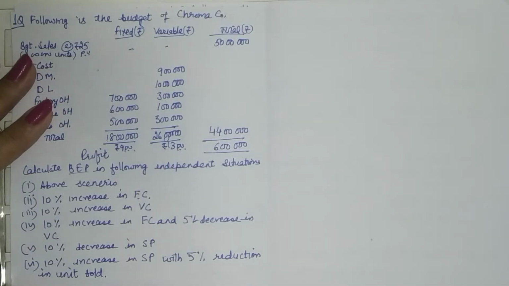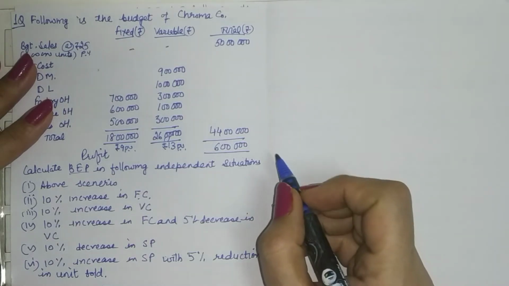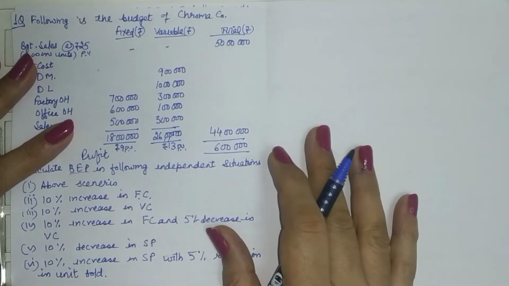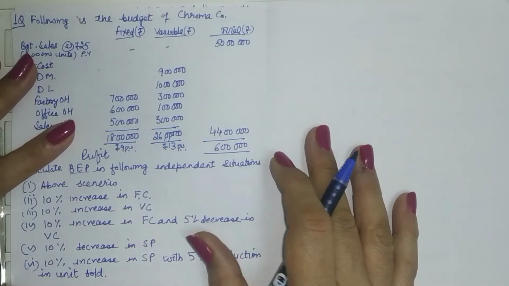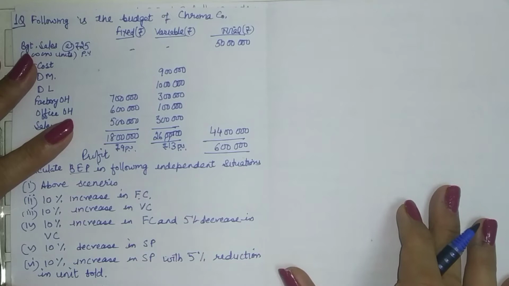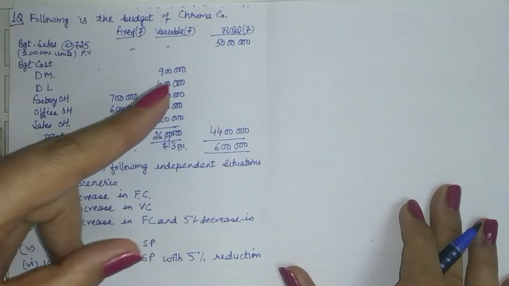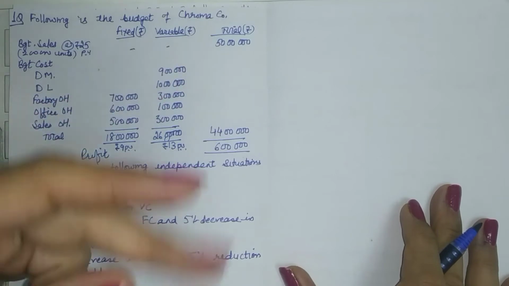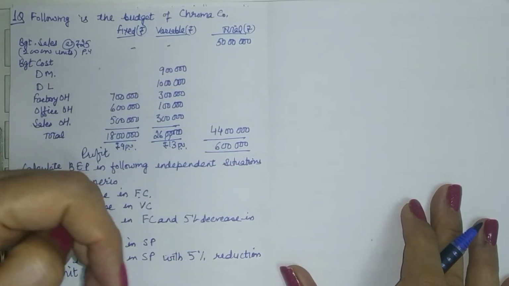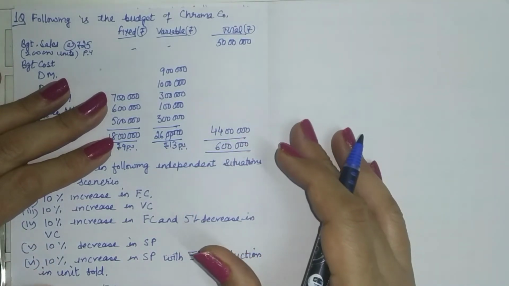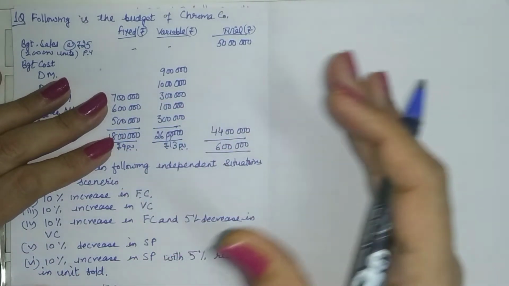Hello everyone. Today at Commerce classes we will be practicing applications of break-even point analysis and managerial decision making. In CVP analysis we have studied that there are two methods for the analysis. One is profit volume analysis, another is break-even point analysis. And most of the applications in each are same, like we are to calculate sales at a desired profit level,